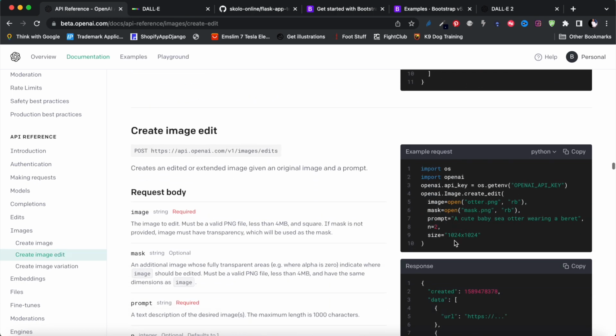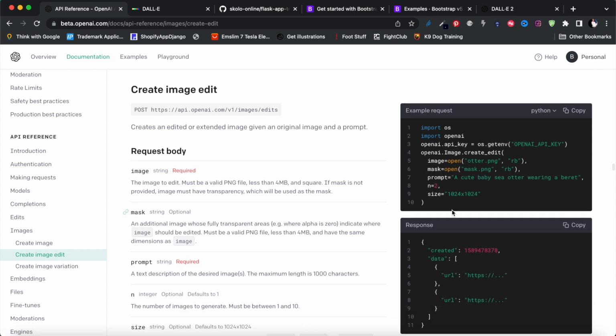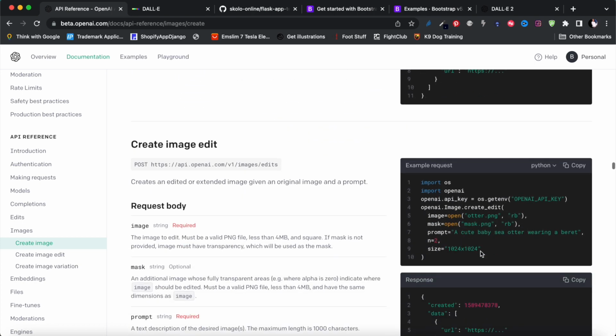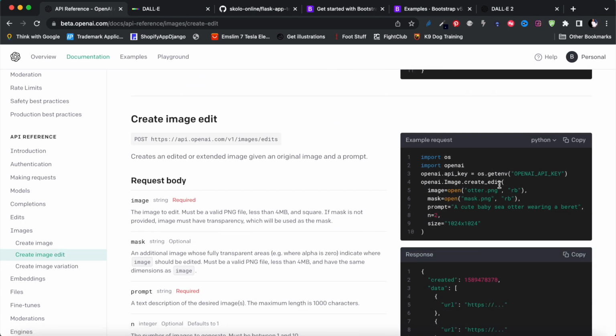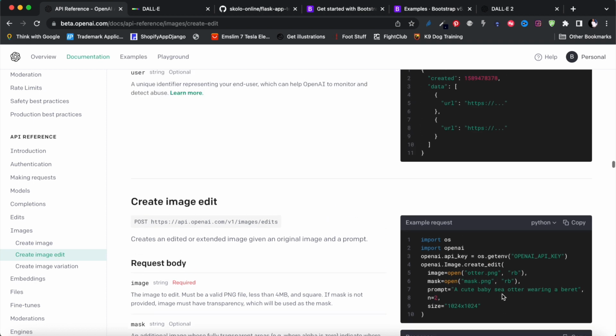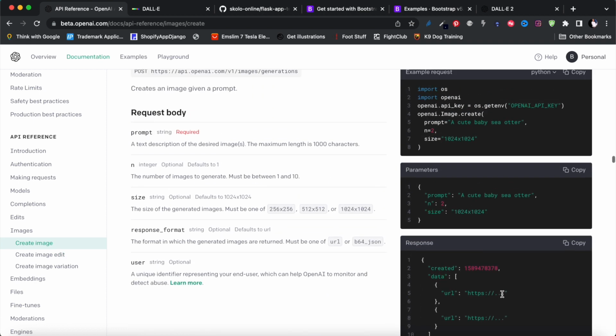Okay, and then the code for editing an image is quite similar. So for creating an image, it looks like you say image create, right? And for editing an image, you will say image create edit, and then I think that's it, right? And there's also image create variation. So we'll try all three of them, but I think if you tried one, you'll get an idea of how